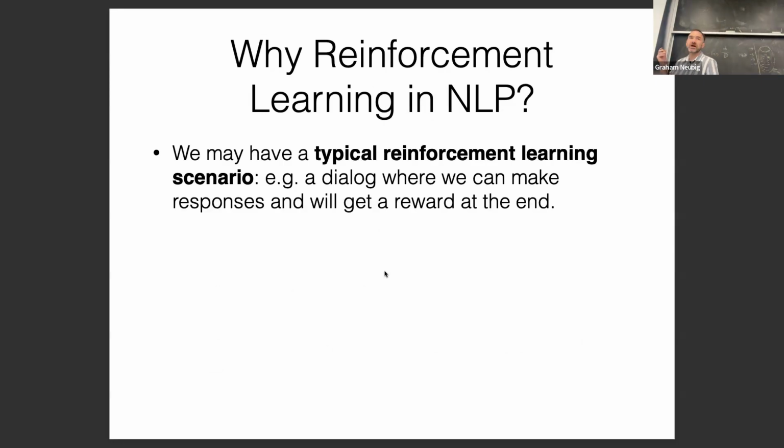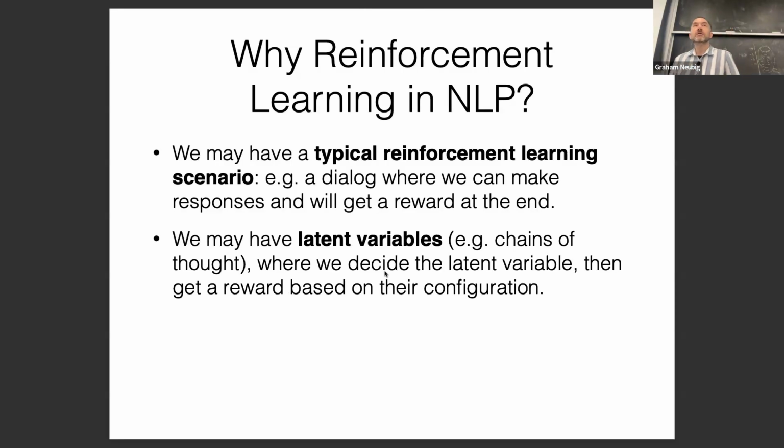Actually, ChatGPT is not even as good an example as a flight booking system on the phone. Because with a flight booking system on the phone, you have a very clear reward, which is whether you successfully booked a flight or not. With ChatGPT, people might give thumbs up and thumbs down, but most of the time they don't. So it's a little bit trickier.